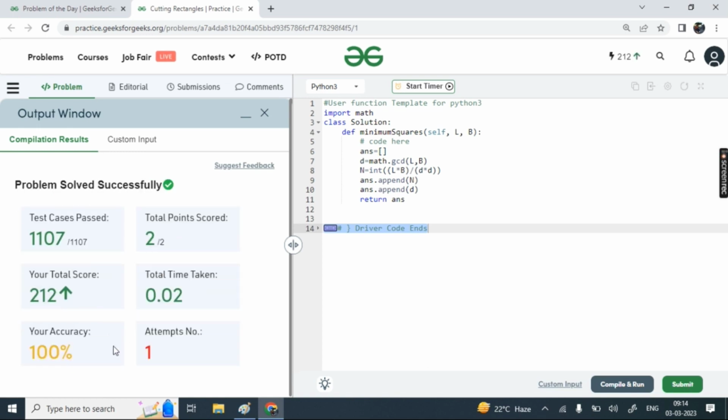All the test cases pass within the time limit. So we could say this is a simple